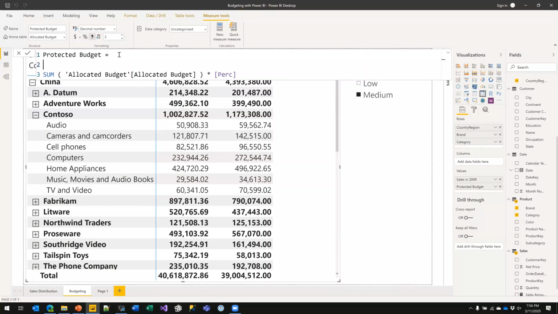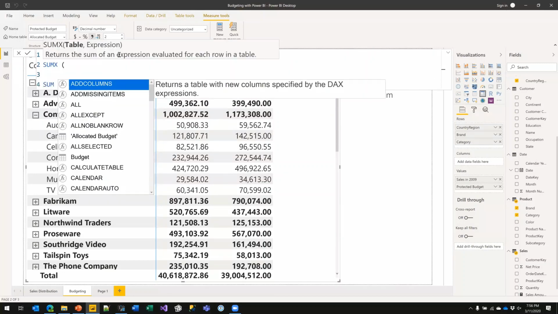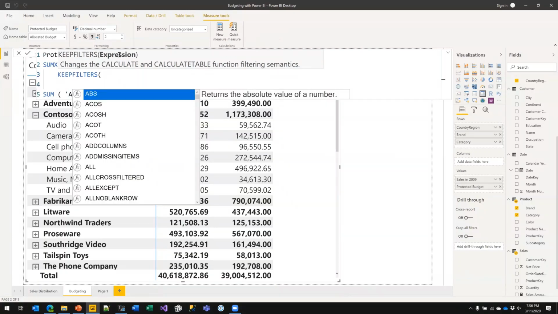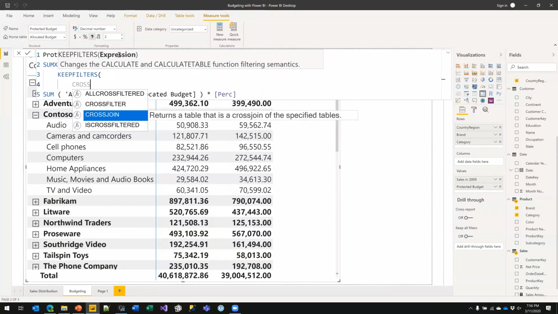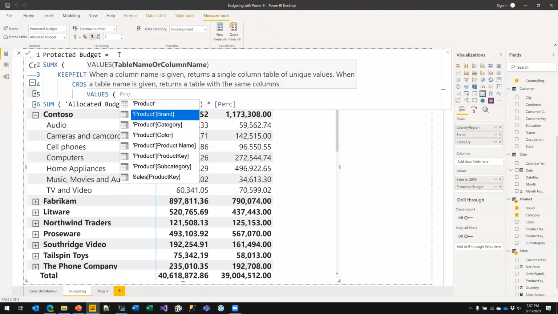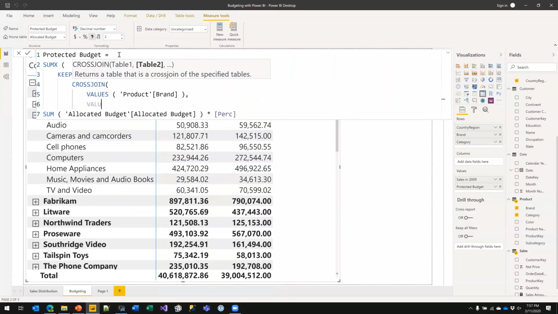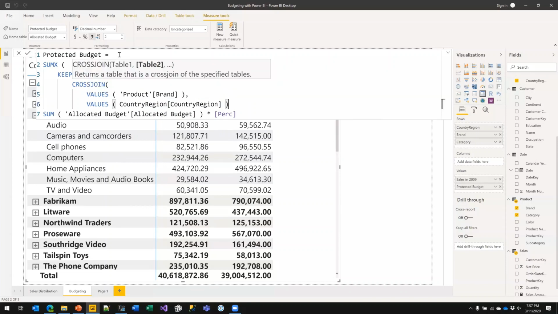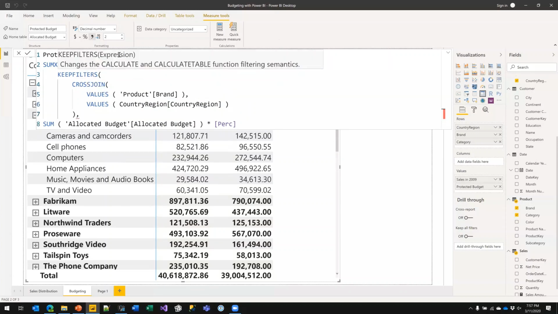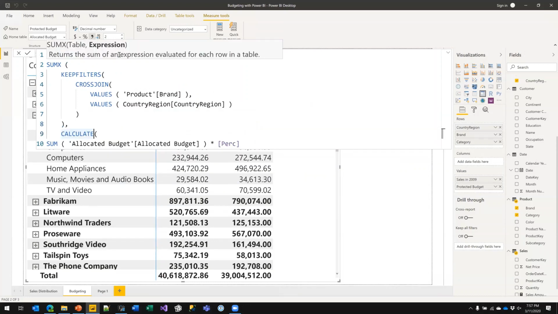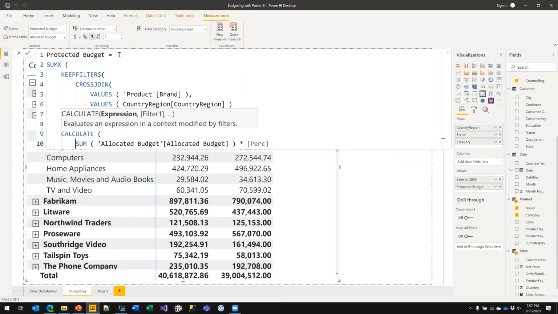So the correct formula would be SUMX over ALLOCATE filters over the cross join of values of product brand and values of country regions of calculate of all this.